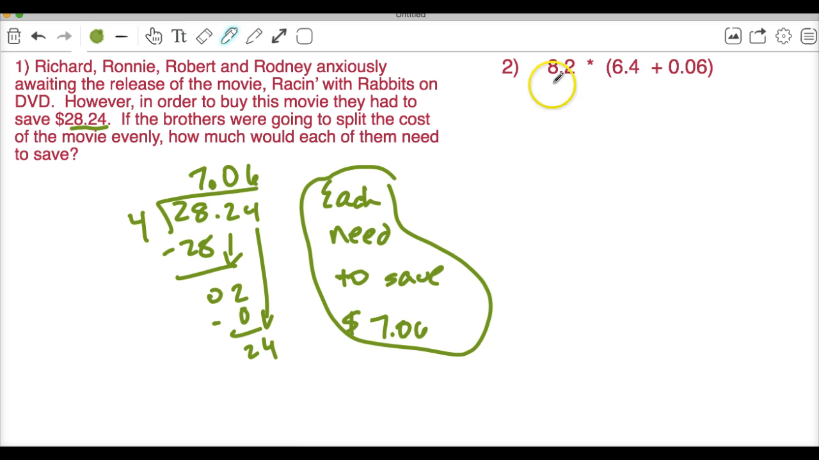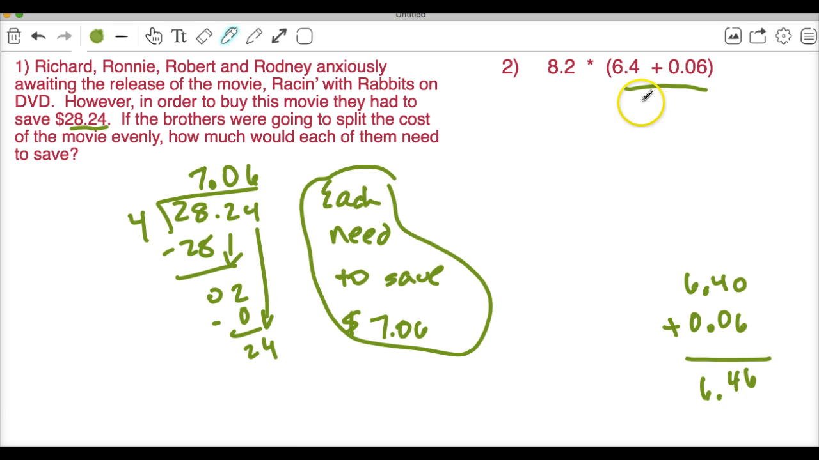All right, next one. We have 8 2/10 times (6 4/10 plus 6/100). So our first order of operations is to take care of our parentheses. So 6.4 plus 6/100. We have to line up the decimal places when we are adding and subtracting decimals. So 6 plus 0 is 6, 4, and 6. So it'll be 6 46/100 times